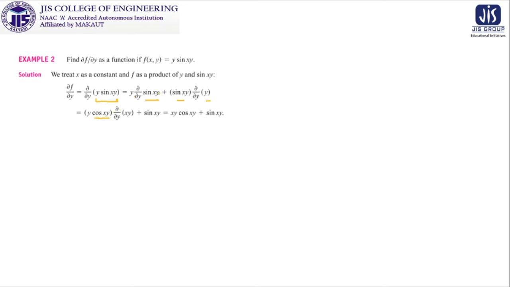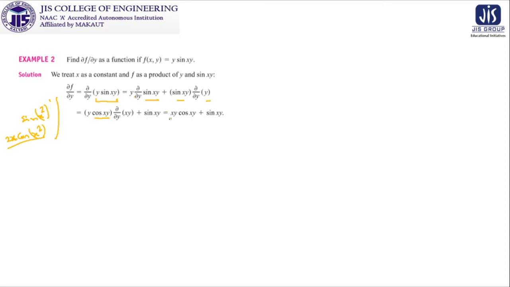But in this cos xy, the xy will be differentiated again. If you recall the problems where we differentiate sine x square with respect to x, for the sine you write cos x square, but this x square is again differentiated and you write 2x. In the same manner, you are differentiating sine xy, you write cos xy, but again you have to differentiate xy with respect to y partially. So del y of xy is written, and this is sine xy, del of y is 1.